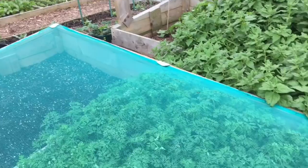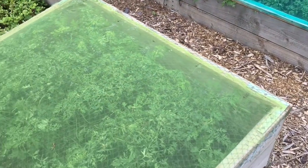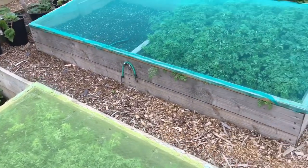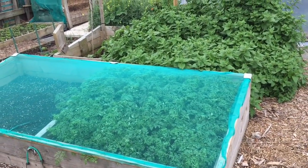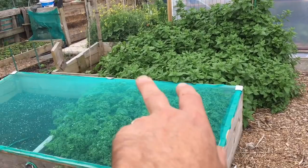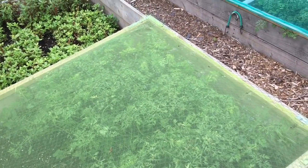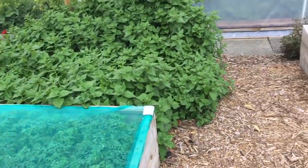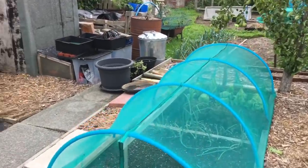Another bed for replanting there, and then 2 carrot beds. These are just the working beds. This is the one we're harvesting from right now, and that's the bed that we'll be harvesting from at some time in the future. And I think, if memory serves me right, those are black carrots, and those are just lovely Nantes, I think. So I think that is pretty much everything that's going on my plot,